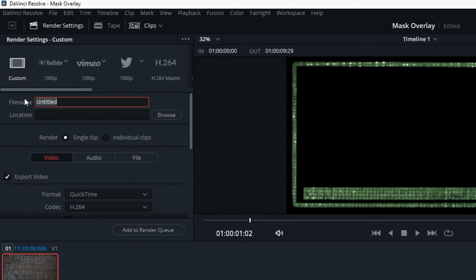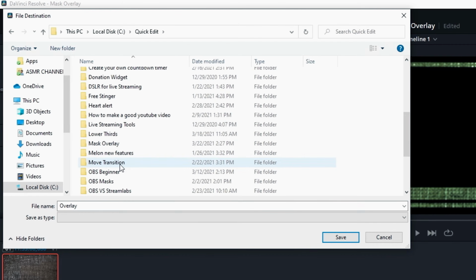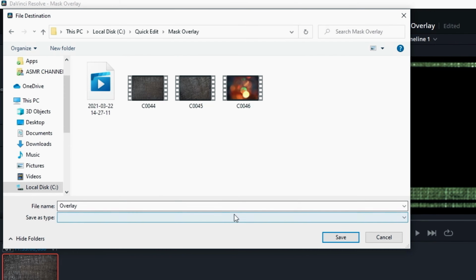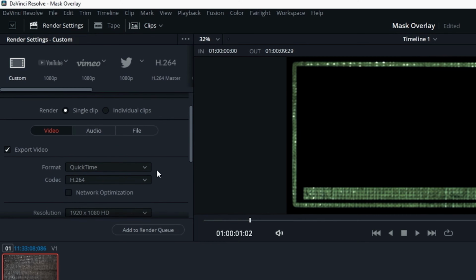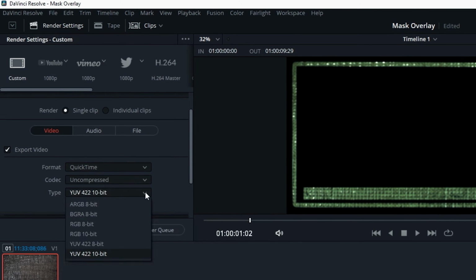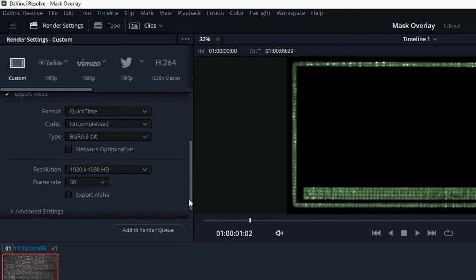And we're going to go up here to the top left, and we're going to type in the name of our file. We're going to browse, and we're going to go to the location where we want our file to be saved. Then we want QuickTime format, and we want it to be in the codec uncompressed. We want BGRA 8-bit, and the A stands for alpha, so we want to go down here a little ways, make sure it's 1920 by 1080 and 30, and we want to export alpha,